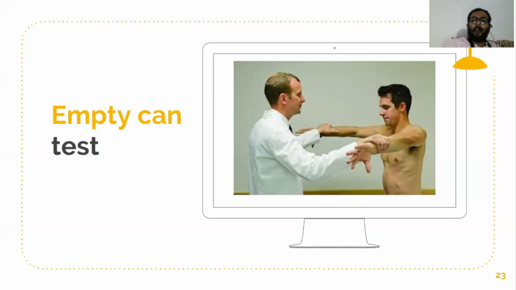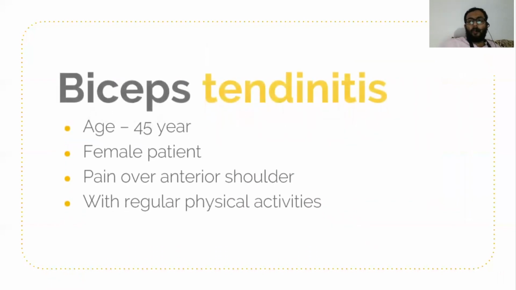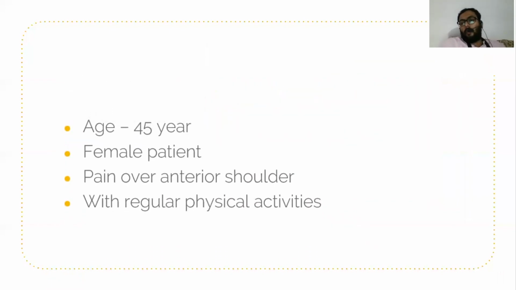Then ask the patient to again abduct the shoulder in this position, in this internal rotation. Whenever there is supraspinatus tendinitis, the patient feels pain on the anterolateral aspect of the shoulder or over the greater tuberosity where the supraspinatus tendon is inserted. While doing the empty can test, we do both joints to compare with the normal joint. In orthopedics, everywhere when we are doing a clinical examination test, we first do it on the normal or sound joint and then on the affected joint.